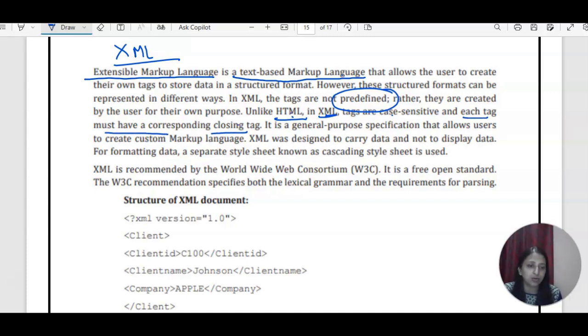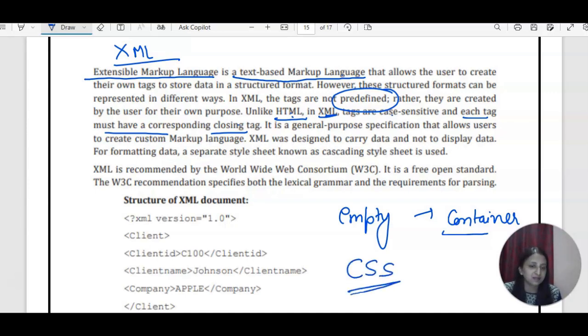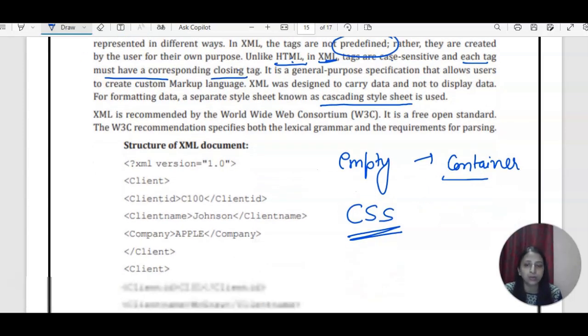But in HTML, you know very well, you have empty tags and also container tags. In case of an empty tag, it's not compulsory to close it. But in case of a container tag, it's compulsory to close it. XML is based on a style sheet, the cascading style sheet, where you will be able to create your own tags.